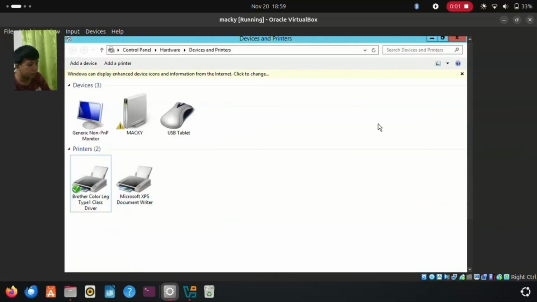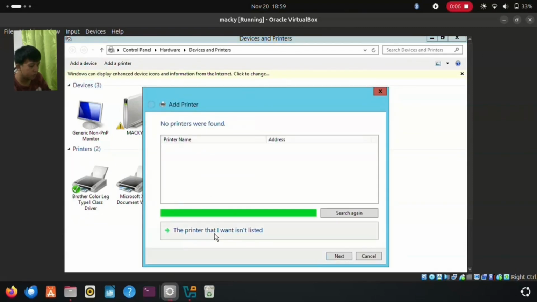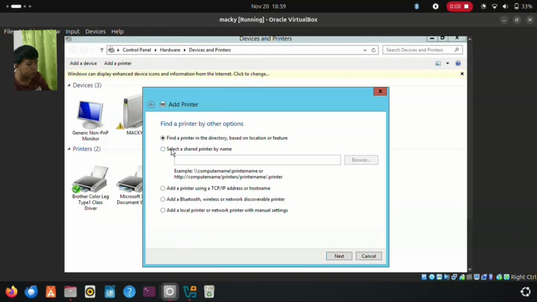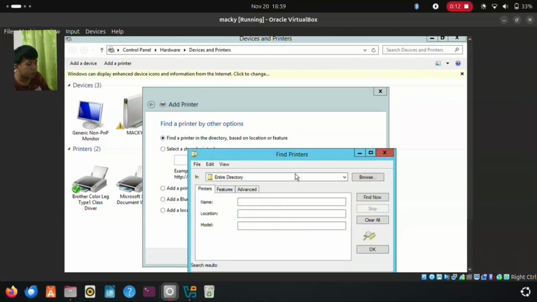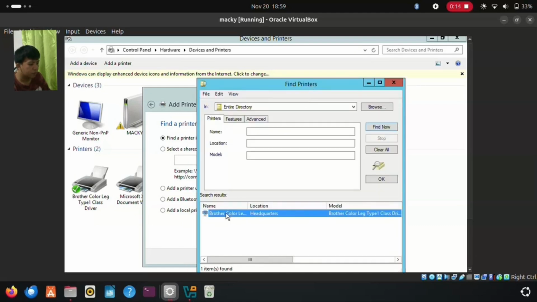Then click natin yung add a printer. If hindi natin siya mahanap, pwede lang natin select yung find a printer. Then next. So ayun na, nakalist siya.